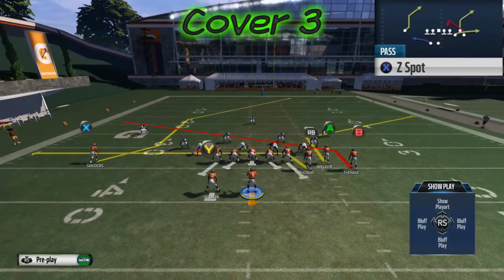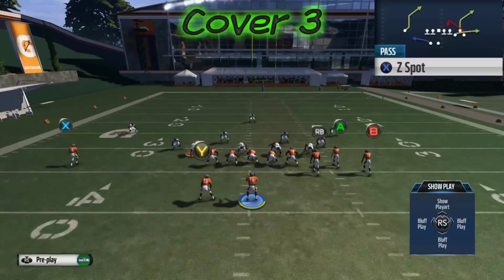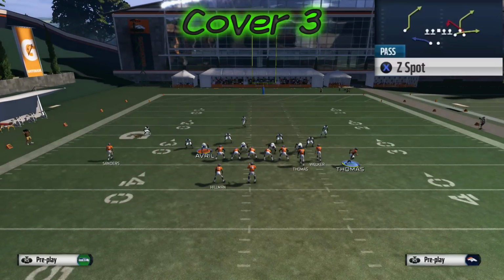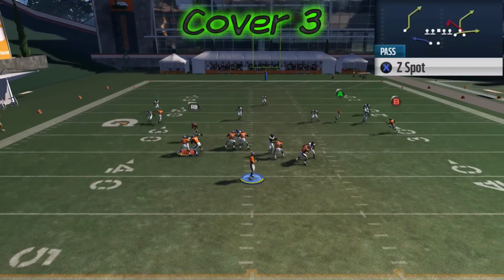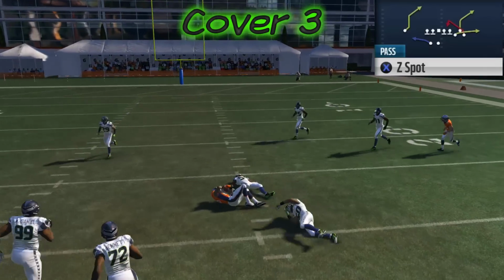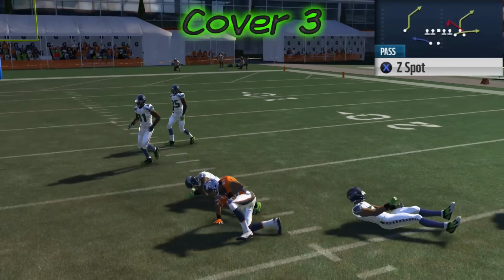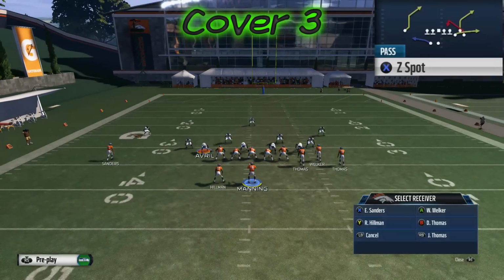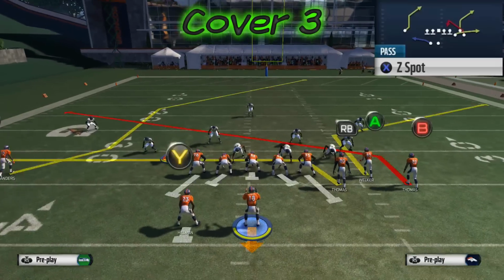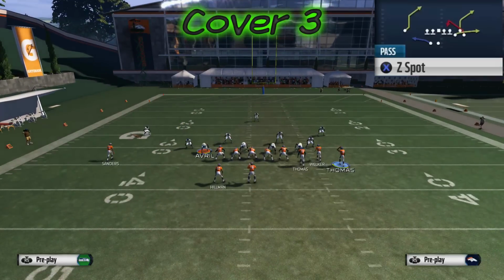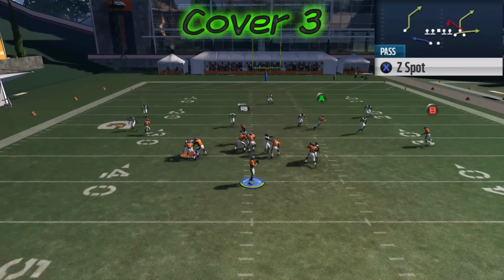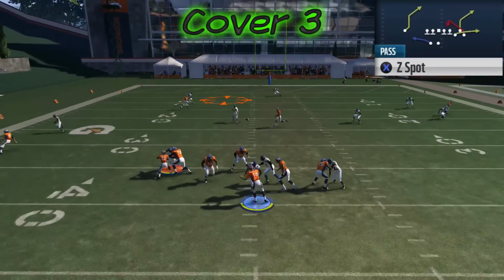The last play that we're going to take a look at is the Z spot. For this play, we're going to hit LB up, and what that's going to do is block our halfback and tight end. This is going to eliminate a hot route for us. So when we go to the line of scrimmage, we can hit LB up and then put our tight end on a drag and our outside receiver on a slant. So really, it's technically two hot routes. We're going to motion B to the outside. The drag and the crossing pattern or slant pattern are both open.